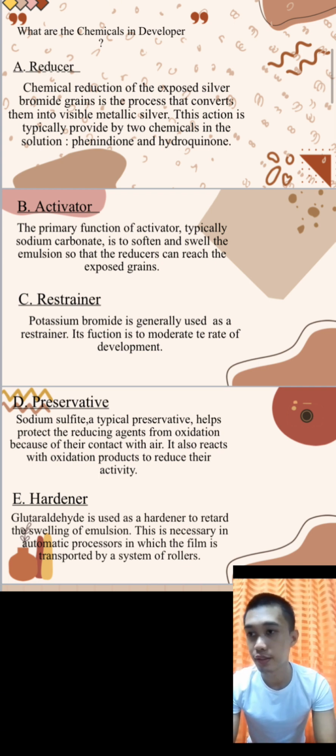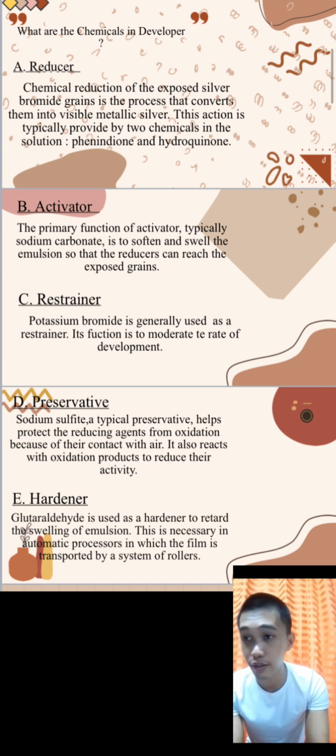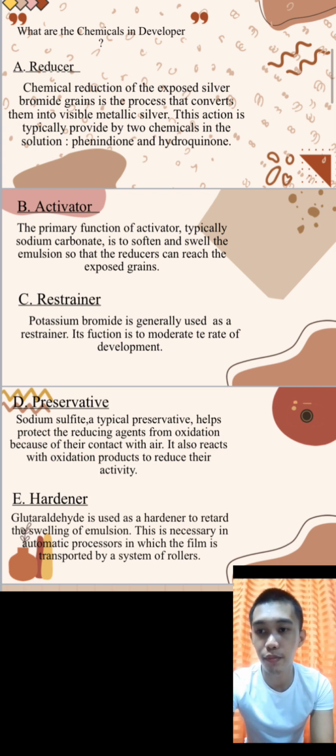Number three, the restrainer. Potassium bromide is generally used as the restrainer. Its function is to moderate the rate of development. So,